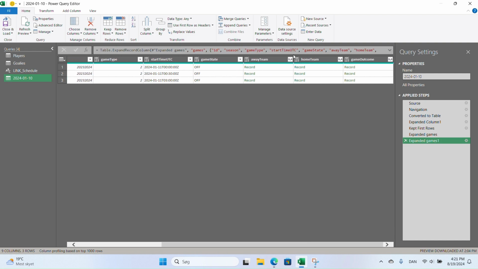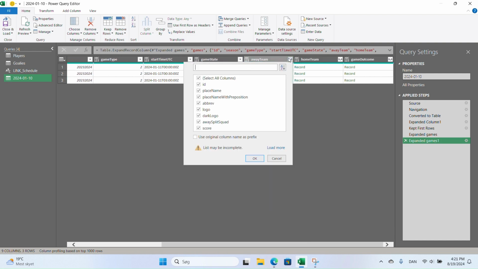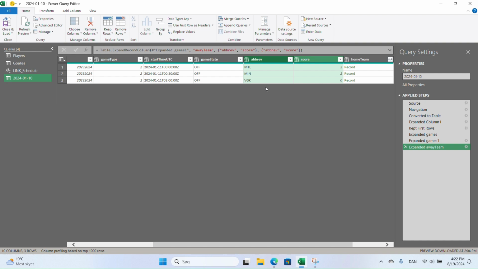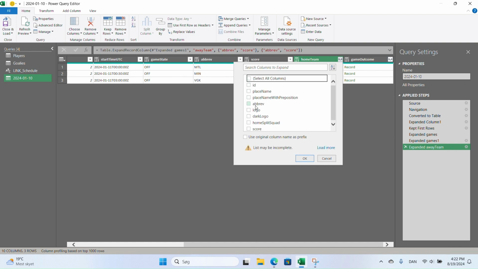We need to expand the away team, and you can see there's a lot of information here. What we are interested in is the abbreviation, that's the team name, and we're interested in the score. So it's Montreal, and they scored 2 goals. And we'll do the same for the home team, just pick the abbreviation and the score,